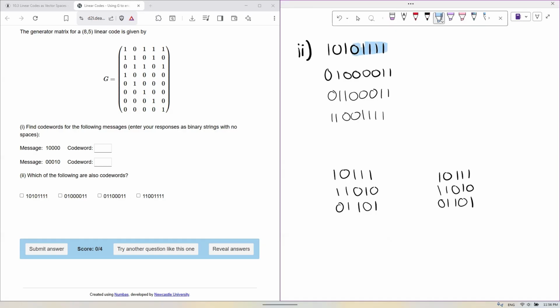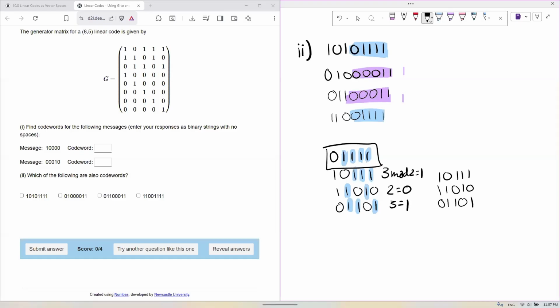We know that the message is always included in the code word, and our messages are of length 5, so we just take the last 5 digits. And you'll notice that there are code words that have the same message, like for this one, but because we know that each message encodes a unique code word, only one of these at most will be correct. So to work this question out, you can use the exact same shortcut as before. You take your message, line it up with the P rows of the generator matrix, and then just count the overlaps. And so we have 3, mod 2 is 1, 2, which is 0, and